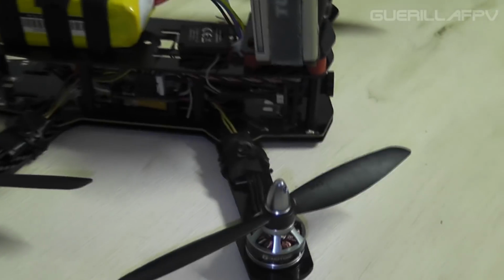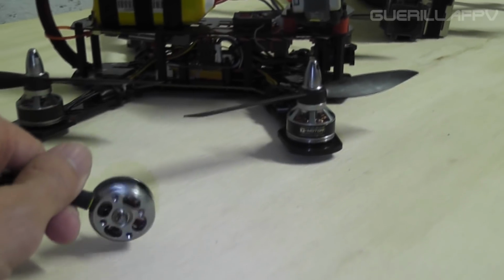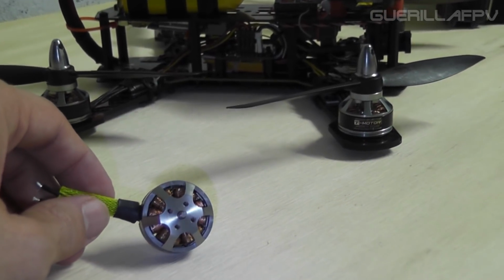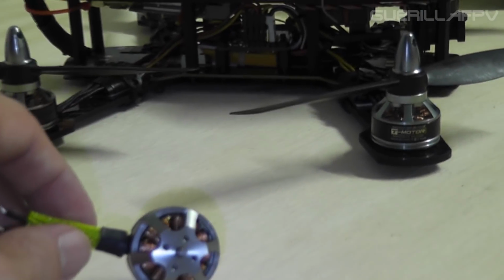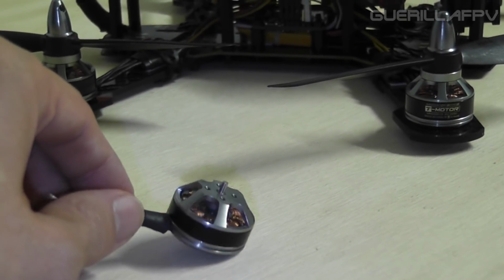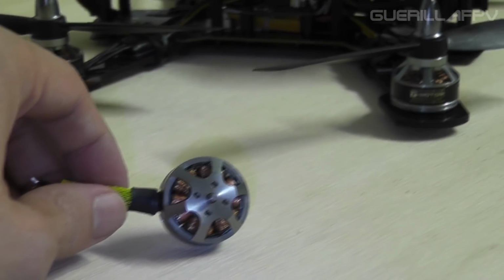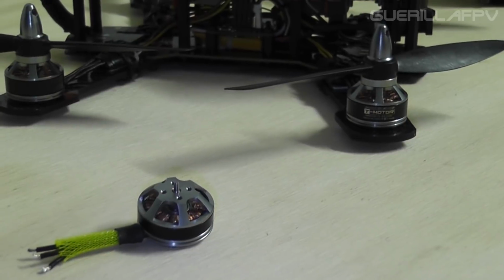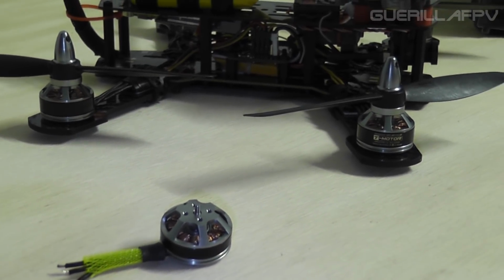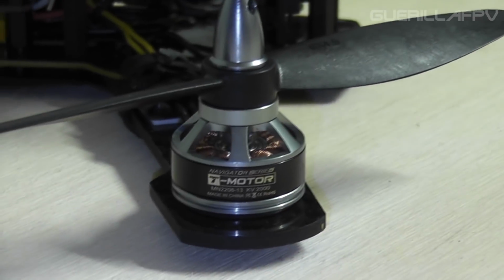So as far as the rest of the build, these were the original motors that I had gone with. These are Tiger Motors MN2204 2300 kV. After starting the build and actually blowing one, possibly two of them, I learned that there could possibly be some magnet slippage issues with the KISS ESCs. So I decided to upgrade to the Tiger MN